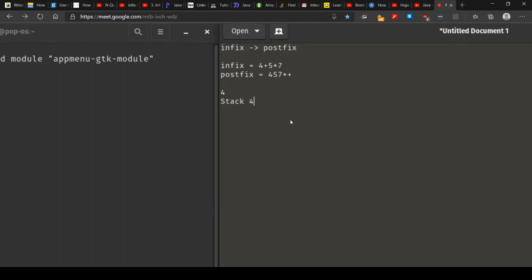So the stack will push 4 inside it, and then 5, and 7, and then times. Since this is the operator, we pop 2 of these,